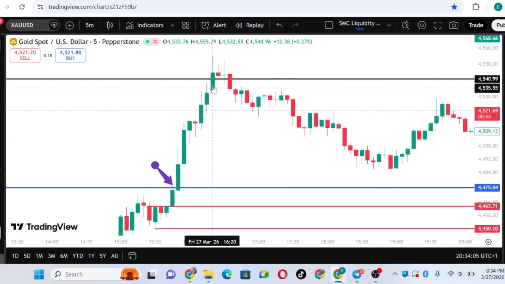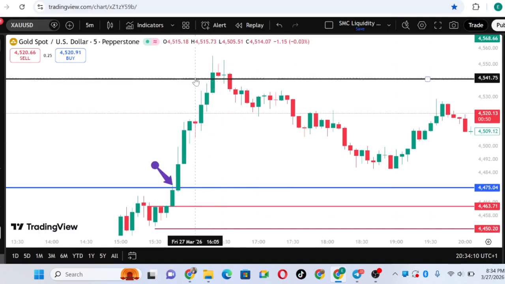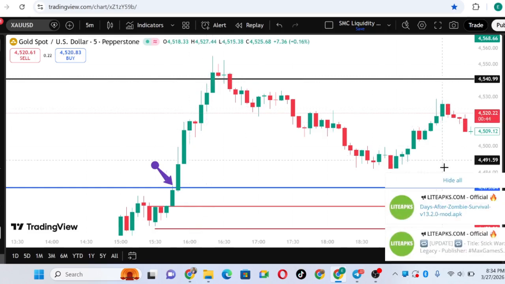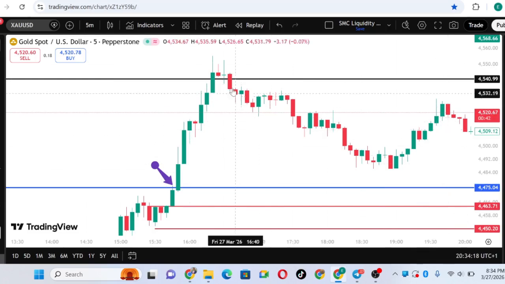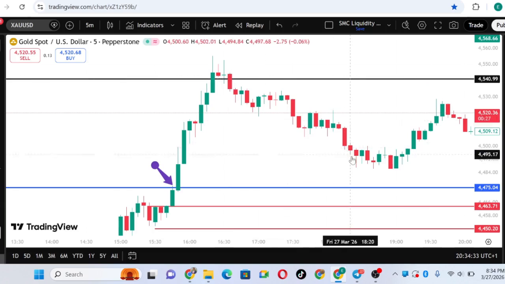So the market came over here. When the market came to this point, why did I sell? It was because it had cleared the previous day high. It has swept liquidity. And like I do talk about on this channel, liquidity is the fuel the market uses to move in its direction. So the moment it has collected liquidity, there's a high chance that the market is going to sell. That's just the point. As soon as it has gotten liquidity, that gives me an entry position.